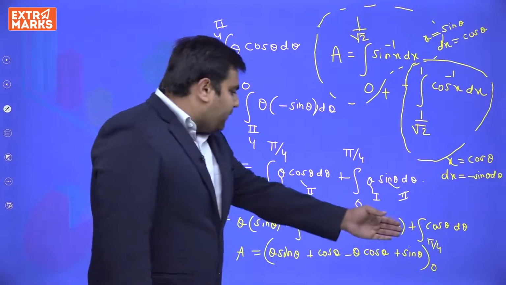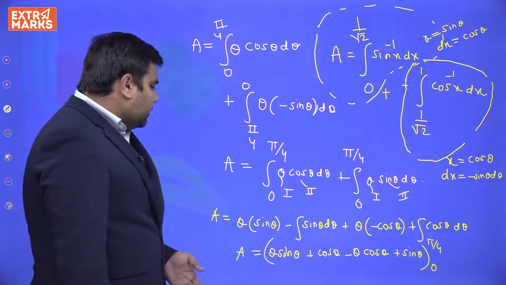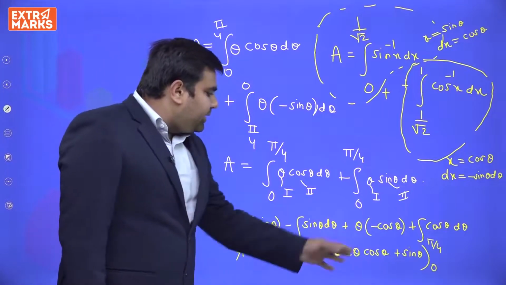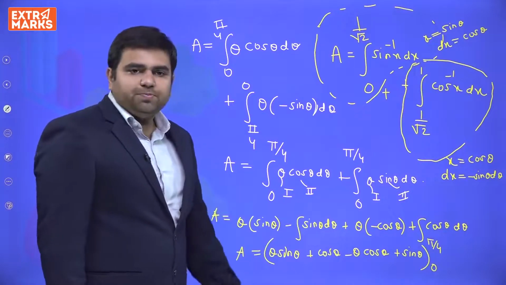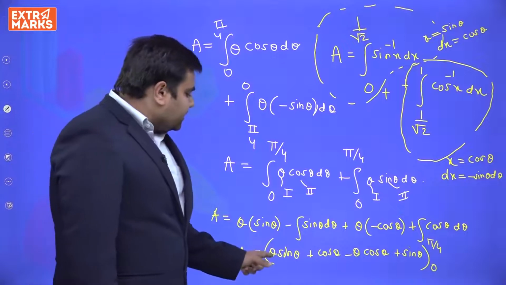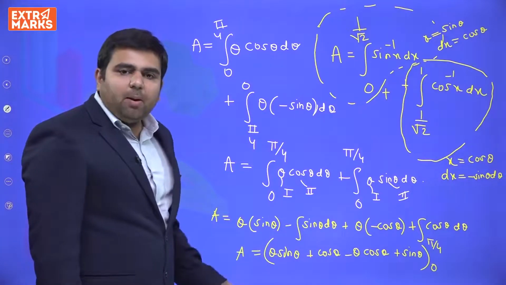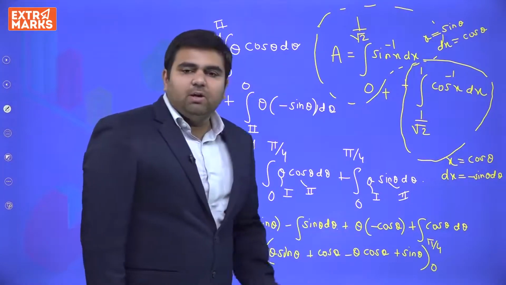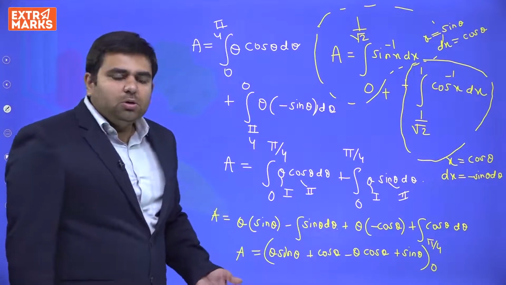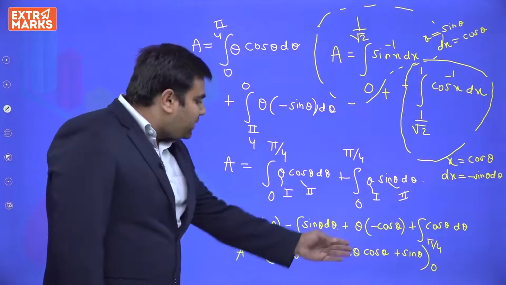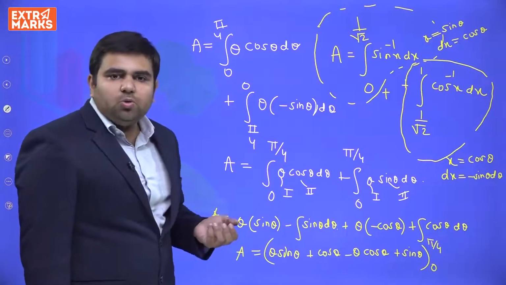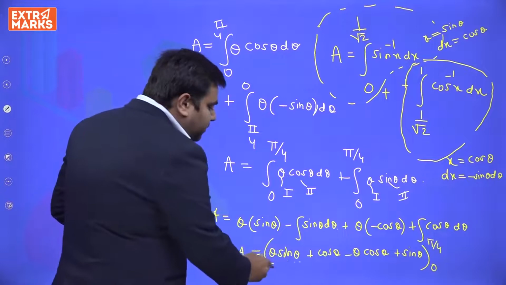So at pi by 4, what will be the value? At pi by 4, this theta sine theta and theta cos theta terms will cancel out, right? And at 0 also this would be 0. At pi by 4, theta sine theta will be pi by 4 sine pi by 4, and theta cos theta will be pi by 4 cos pi by 4. So both are same at pi by 4, and at 0 also both are same because theta tends to 0. So there is no need of using this while